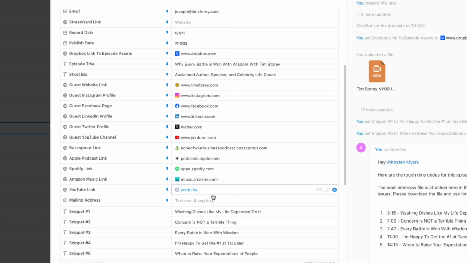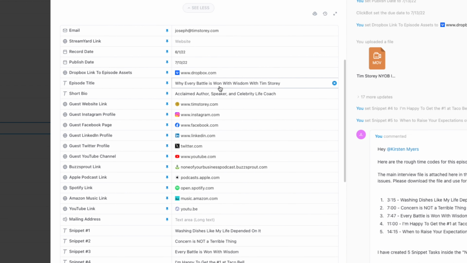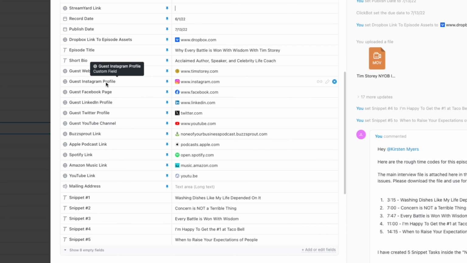It helps to keep things like links and information organized, and also a great place to come back and reference any of this information when you need to in the future. There's two main categories of custom fields that we have, and that's for the episode information and also the guest information. When it comes to episode information, we might have a link for where we're recording it,